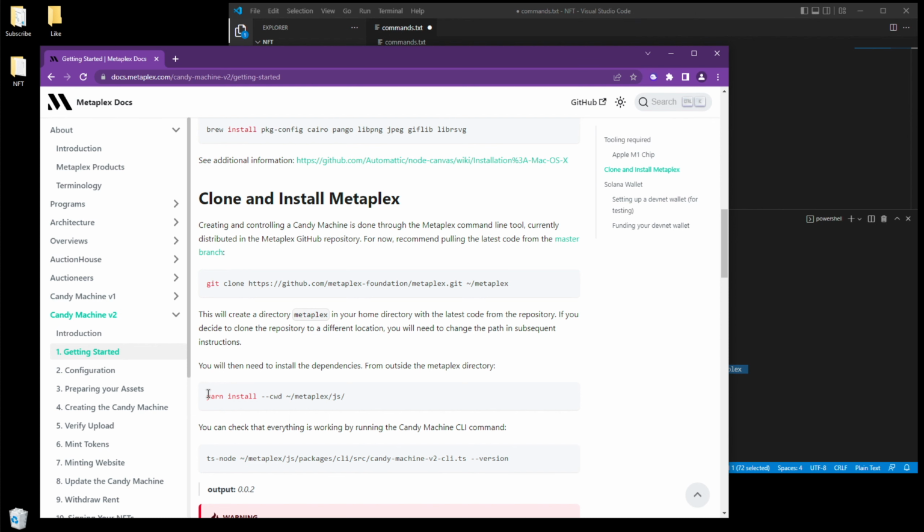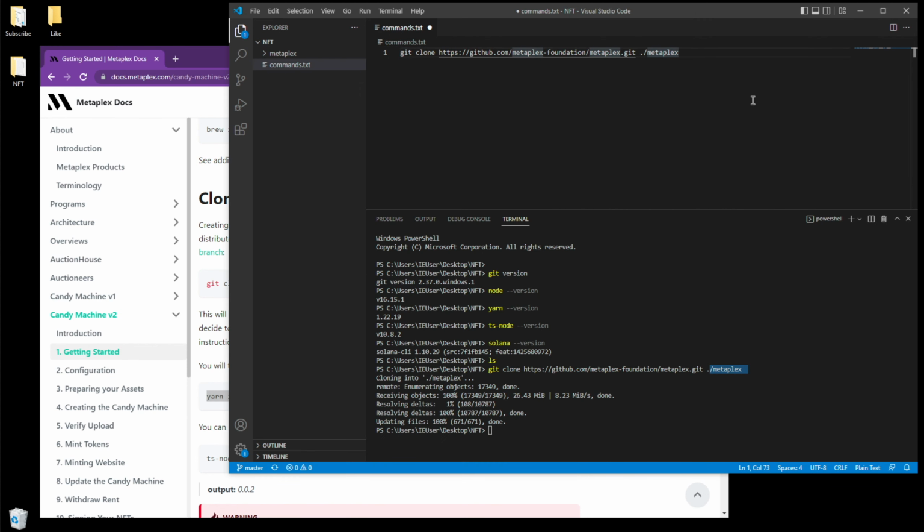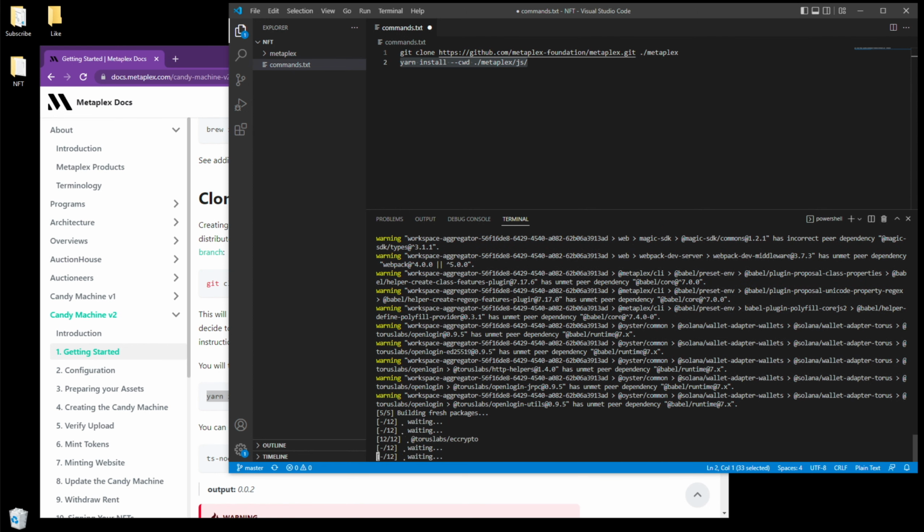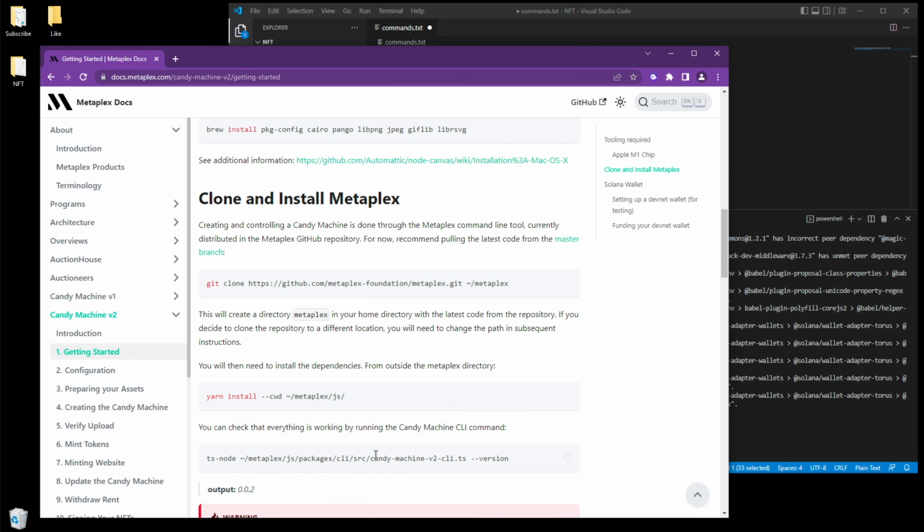Okay, now the next step is to run this command, which installs all the dependencies which this package needs. And before we paste the command, again, let's first paste it in our text document here and replace the tilde with period, which is the current directory again. Let's copy this command and run it here. Now this can take some time. Okay, so now that the dependencies are installed,